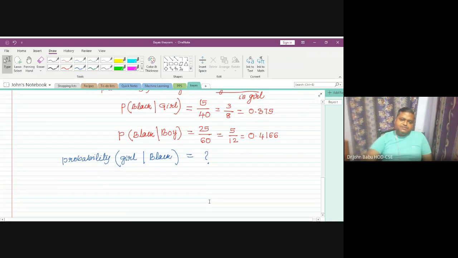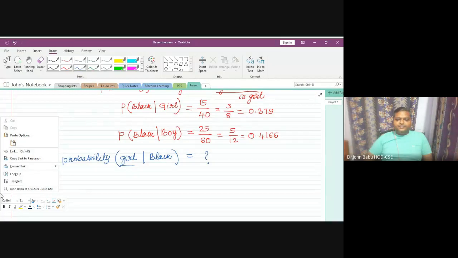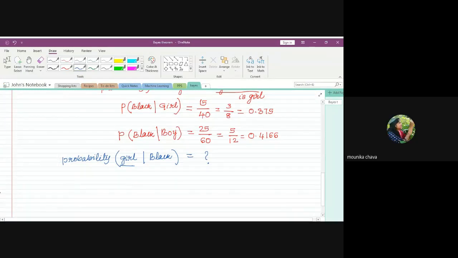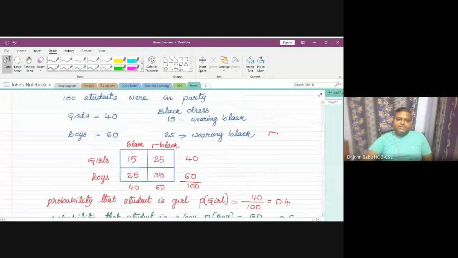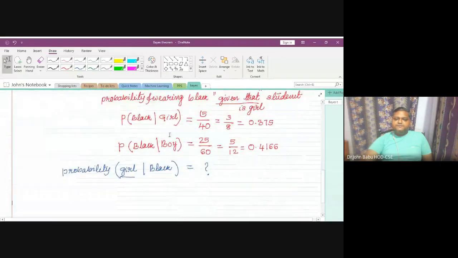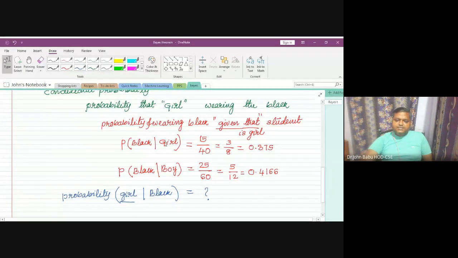Now the question is, given that a person wears a black dress, what is the probability that it is a girl? So how to evaluate this? 15 by 40. 15 by 40 is the probability of a girl wearing black. Now the question is,